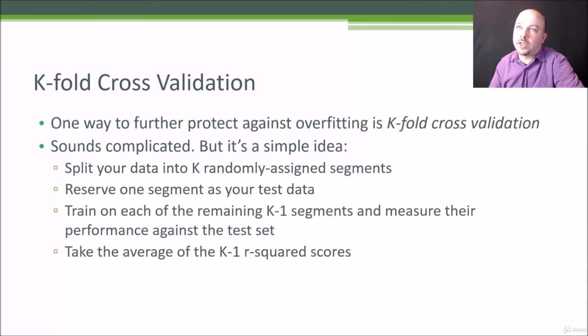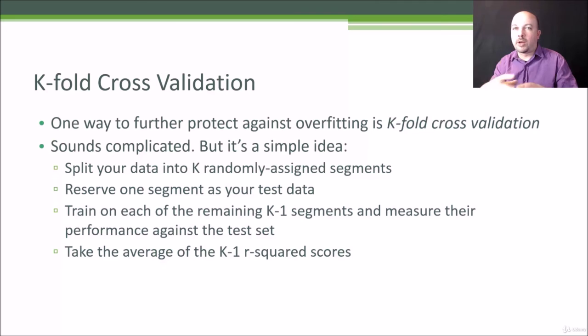So there is a way around that too, called k-fold cross-validation, and we'll do an example of this later in the course, but the basic concept is you do train/test many times. So you actually split your data not into just one training set and one test set. You split your data into multiple randomly assigned segments, k segments, that's where the k comes from, and you reserve one of those segments as your test data. And then you start training your model on the remaining segments and measure their performance against your test data set. And then you take the average performance from each of those training sets' models' results and take their R² average score. So this way you're actually training on different slices of your data, measuring them against the same test set,